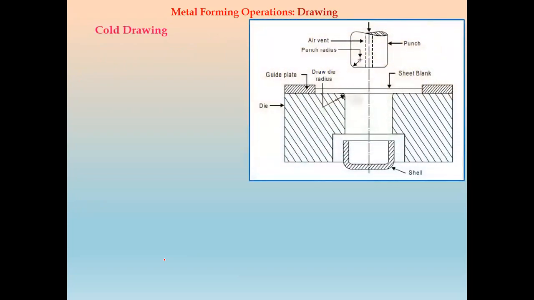Now we will see what is meant by cold drawing. In cold drawing, it forms the shape of a cup. This is the shell part and this will be the cup. We have the die, then the sheet blank, and the punch. After the downward movement of the punch, it will form